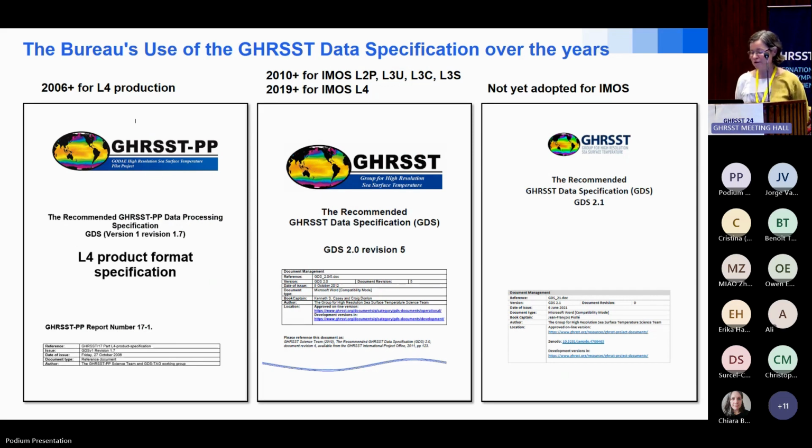Then from 2010, we used the GHRSST GDS version 2.0 for our level 2 and level 3 products. Then from 2019, we used it for level 4. So currently all our products for satellite SST are in the GHRSST